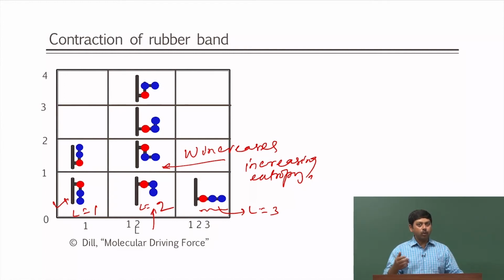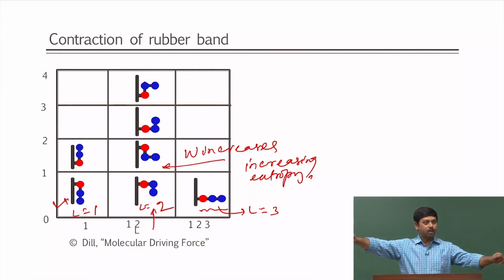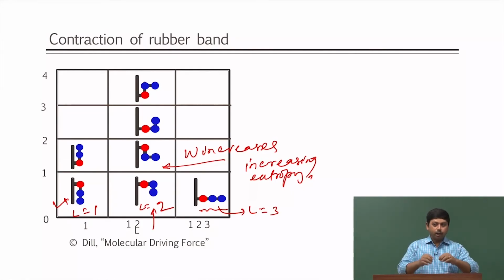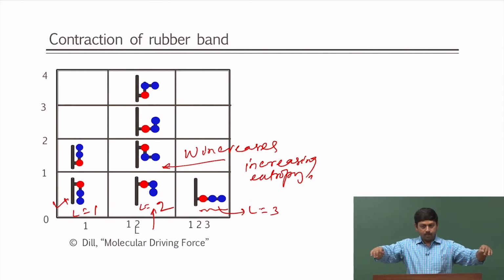So, we are not talking about monomers floating in a box. Here the monomers are connected, and we are talking about only how many configurations the monomers can attain. If you stretch it, there is only one way of making it longer. Take a rope, for example. If you take the rope in a straight manner, there is only one configuration that you can get. But if you fold the rope, then there are so many folds. You always fold a rubber in your hand. It will be smaller, but it will have so many possibilities,